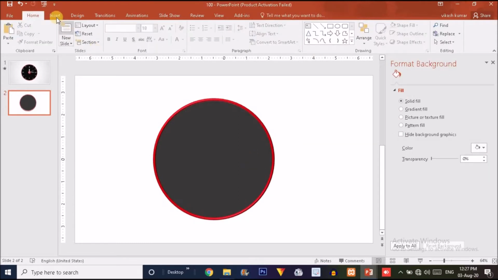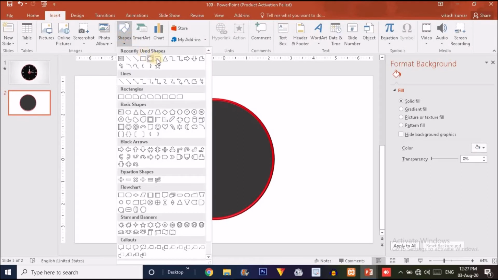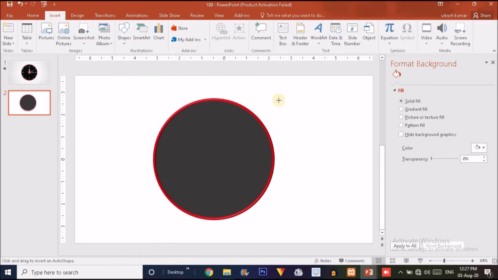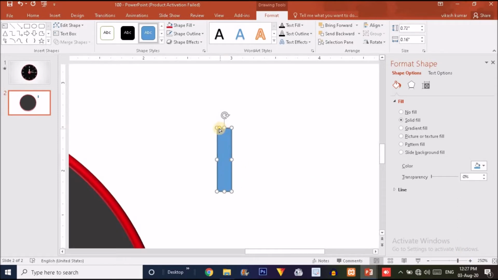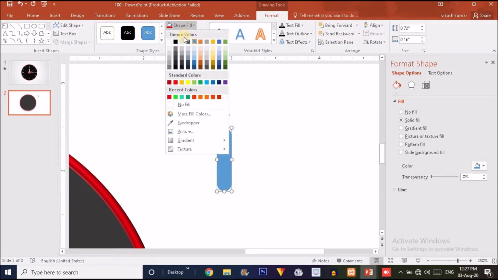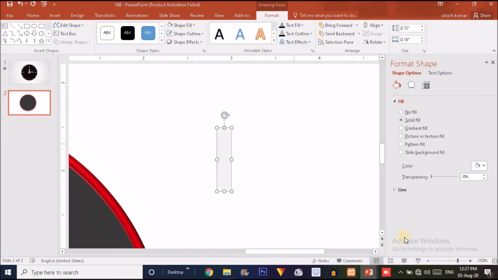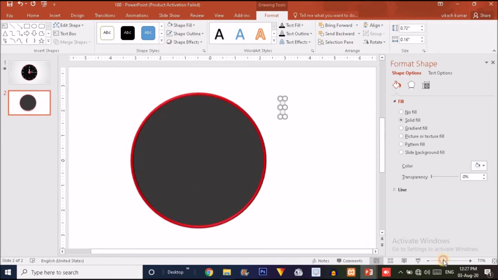Okay. Now it's fine. Now what you have to do, just click on insert option, just click on shape option. Here you will find a rounded rectangle option. Just click on that and drag a rounded rectangle actually like this. Just zoom in here and drag this yellow dot to this one and say no outline like this, and choose a shape fill to something gray like this. Okay. Make it smaller like this much and place it over here.